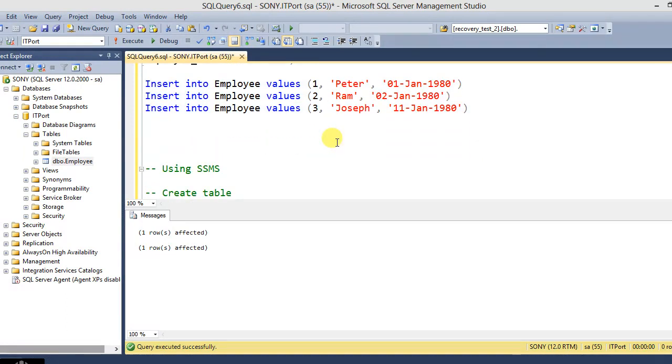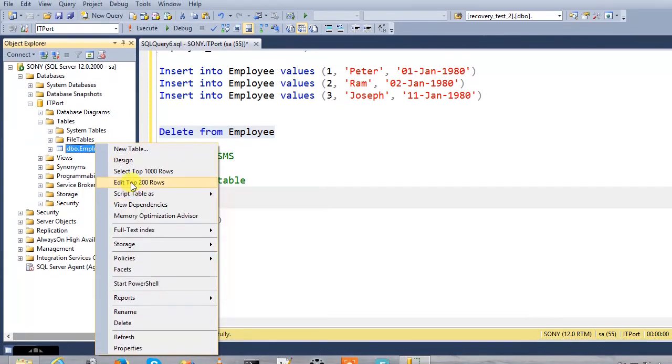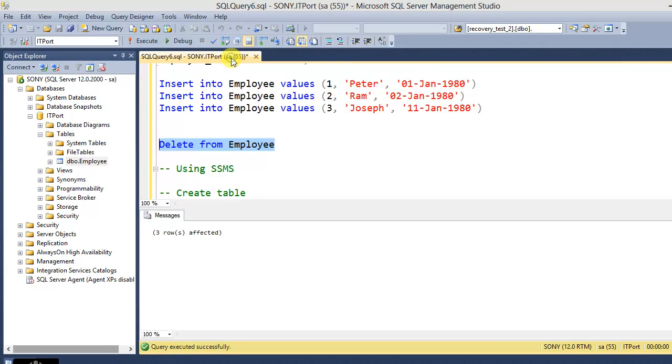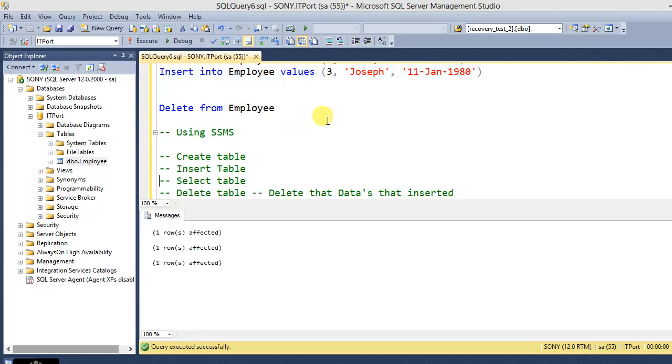And the third one is delete from. So if you want to delete rows, delete from employee. So this is the syntax to delete the records in this table. It's a Transact SQL script, and this is the syntax to delete the records in a particular table. So just execute this. So 3 rows were affected. So now check the table, edit top 200 rows. So there are no rows. Again we insert the same rows,